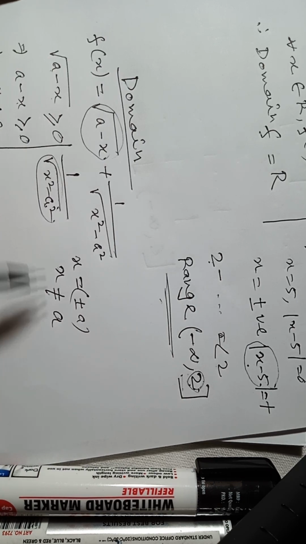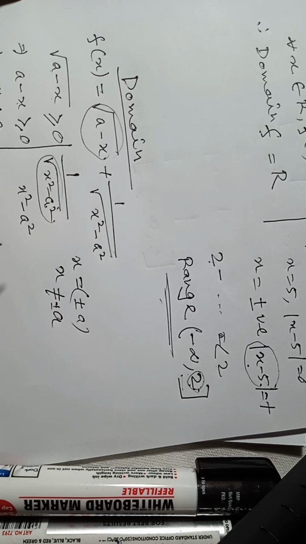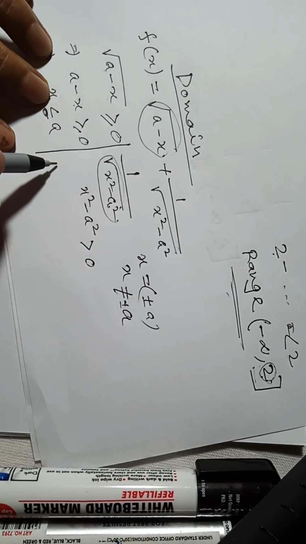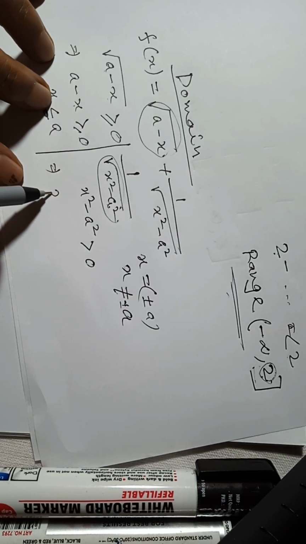plus minus a. Now denominator is greater than 0, denominator never be 0, so we cannot write greater than and equal to, we just write is greater than 0. From here we first factorize it, we get,